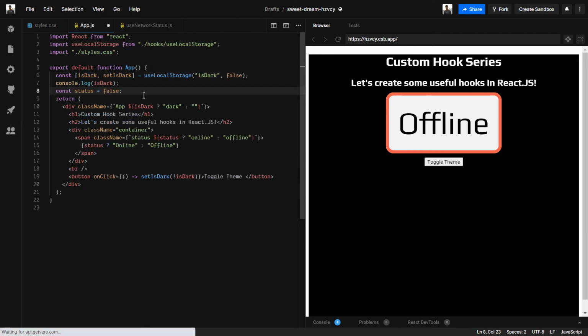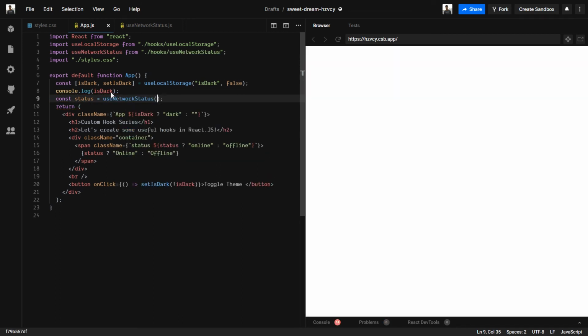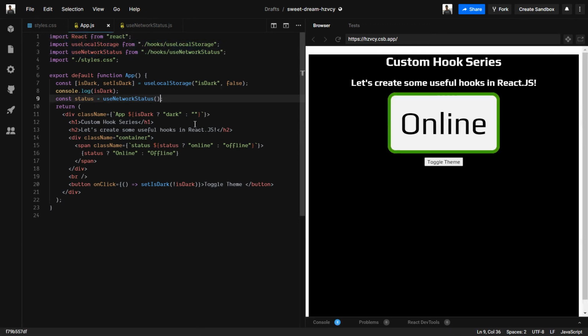So let's try to use it. Where we were using the static true or false value for network, we will simply say useNetworkStatus and it will auto import it for us. And let's see, you can see it's now currently showing online. Let me show you how this works basically.